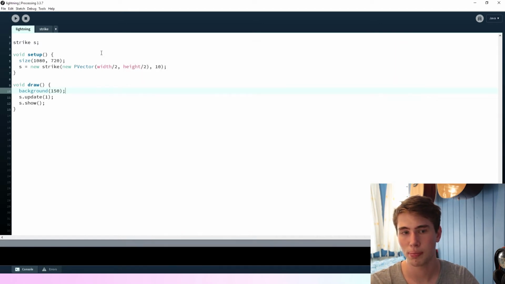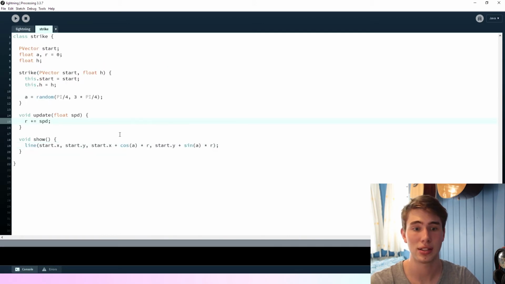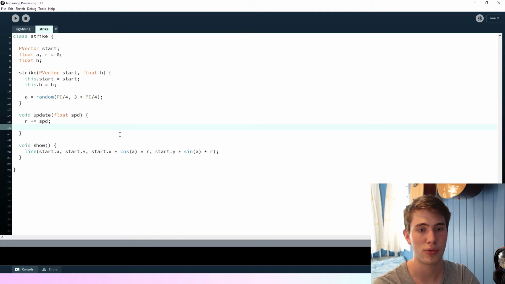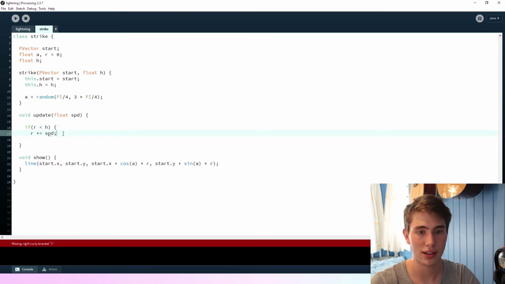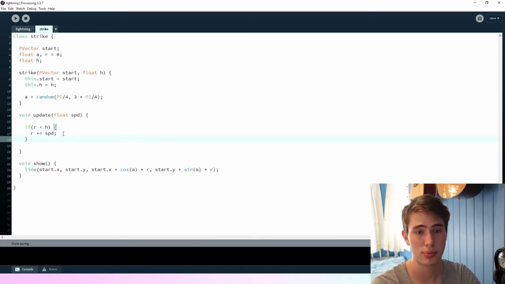infinitely at the moment. But since we've given it this height thing, what we can do is in the update function, see if r is greater than the height. So we only want to update this if r is less than h. Otherwise, we don't want to increase it, and we'll need to spawn a new segment of the strike, the lightning strike. So what we might want to do is, up here, we're going to say,